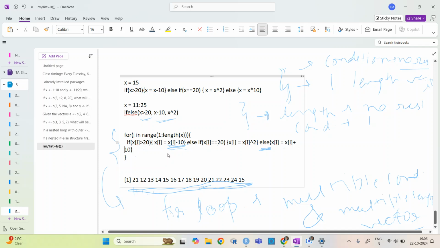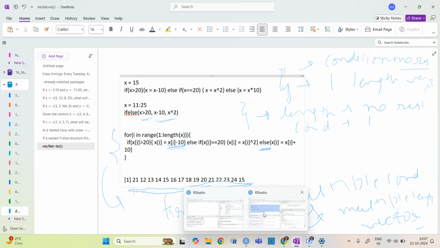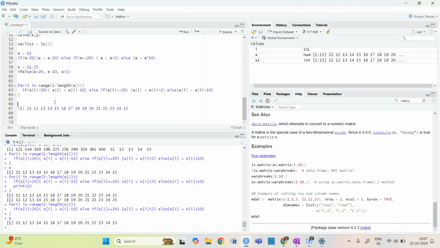So xi itself has already changed, so now it will not work on that. So what we need to do is, if xi is this, we need to save it in a new one. So we can change it as yi, and let's say y is equal to